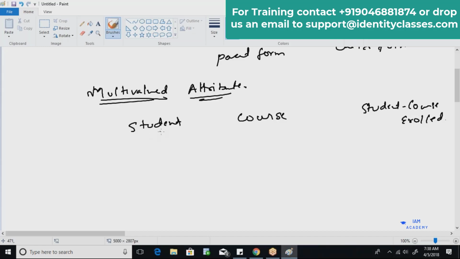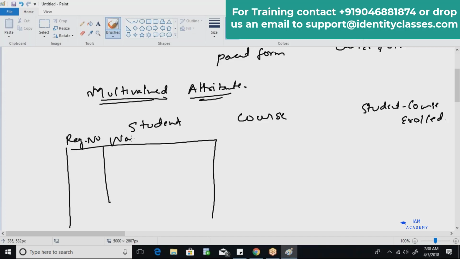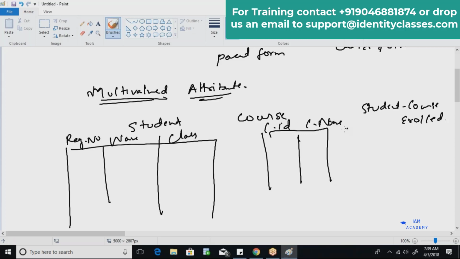Now in the student table we have, let's say, a registration number, name, and class. We have several course IDs and course names.